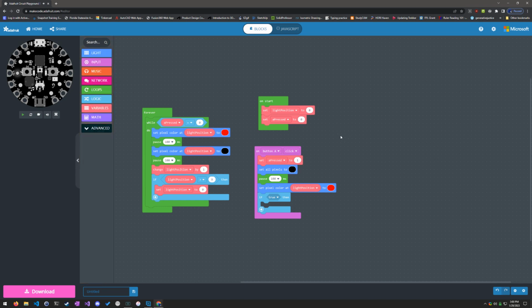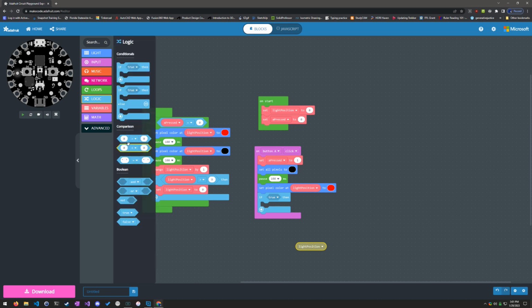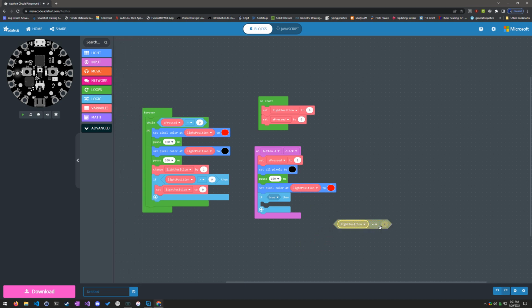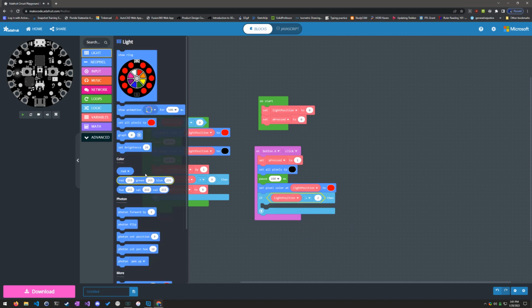But probably a little bit better would be to say, because we're already tracking it by number, we don't have to track it by color, and that's the light position. So if light position is at the position of the target that we choose, then we won. So we could say if light position is equal to, and now we can just choose a light position. Let's choose 0, 1, 2. It's closest to the A button, and the A button even has a little arrow. I don't think it's for that intended purpose, but we could say that it was. So if light position is equal to 2, then we can play some